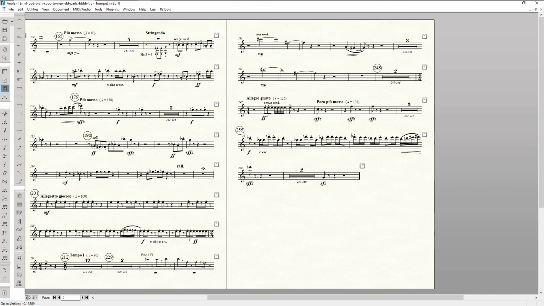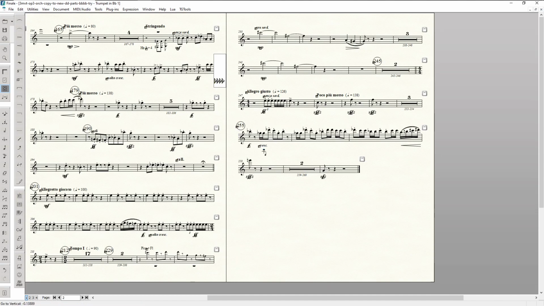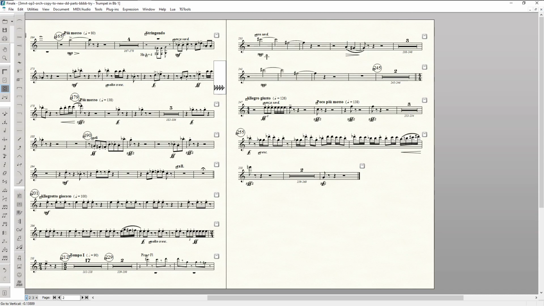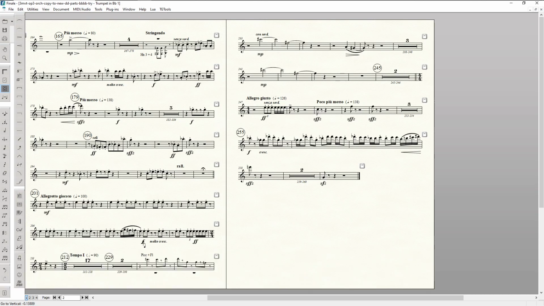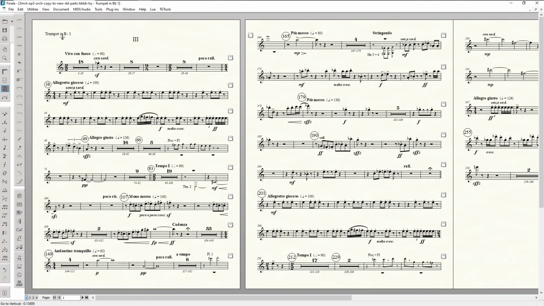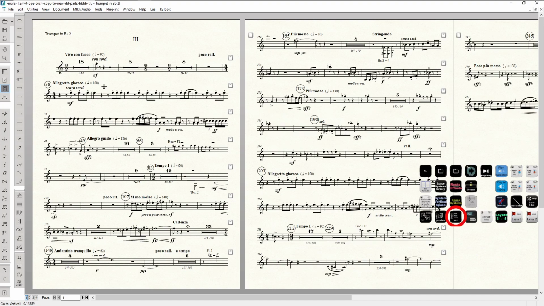But I always think it's great to show the part to the musician, get their opinion, learn from that. So okay, all right, on to the next part, trumpet 2. Okay,